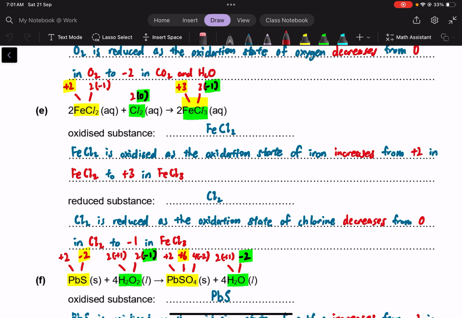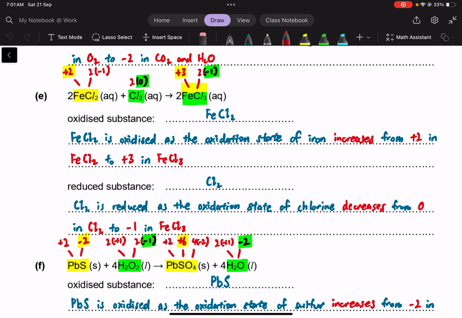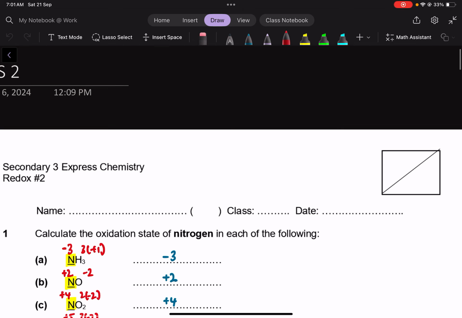Okay, so for part E, just split into their individual oxidation states as well. So you will realize that iron has an increase in oxidation state from +2 to +3, whereas for chlorine the oxidation state decreases from 0 to -1. So do take note, write your statements from how many in which substance to how many in